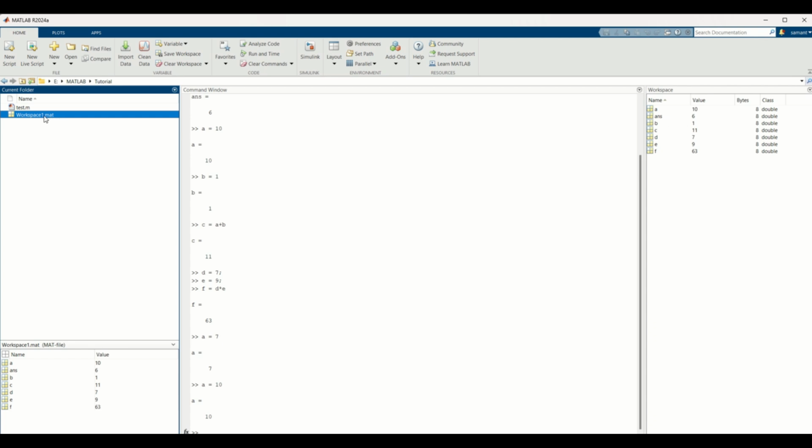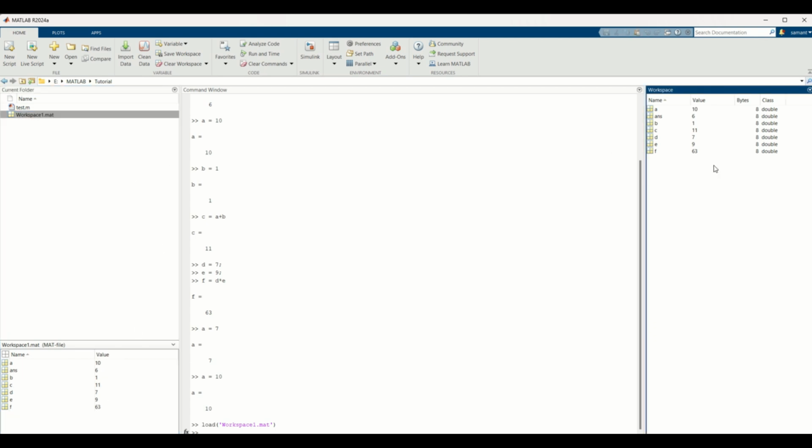Now let's open my file. In order to open it, what I have to do is just double click on my file. When I double clicked, it showed me the details of the file here. It says workspace1.mat has the variables with these names and these values.